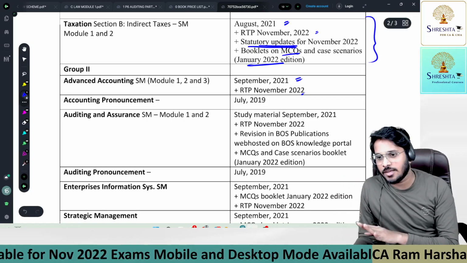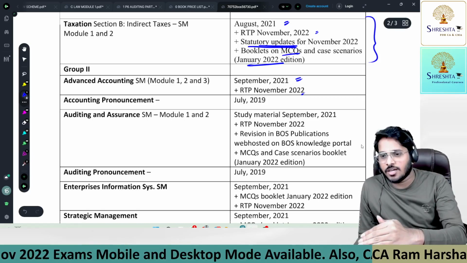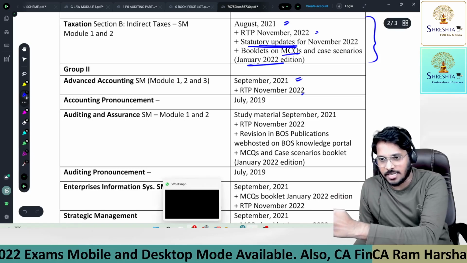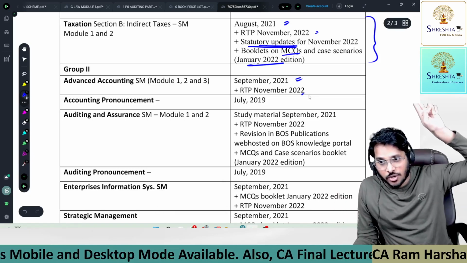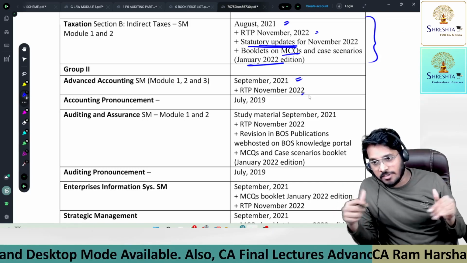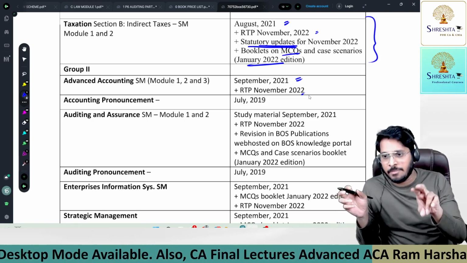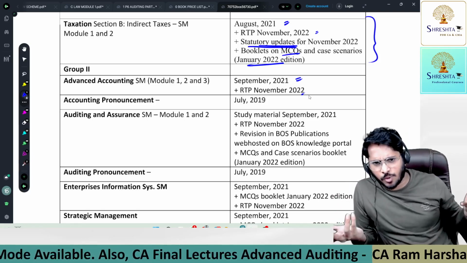Now, CA Foundation students who are writing the examination, you will register immediately for CA Inter. Which material do you need to follow for CA Inter, because you are going to write in the May exams? Follow the same material. In November we will get new material, and based on that, if there are any amendments, we will give an amendments book and amendments videos. That is what is possible everywhere.